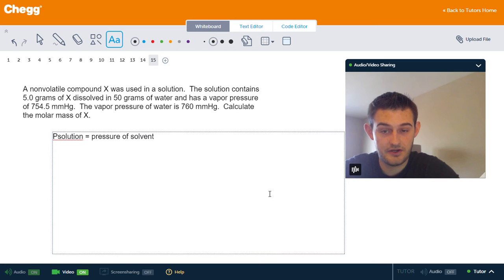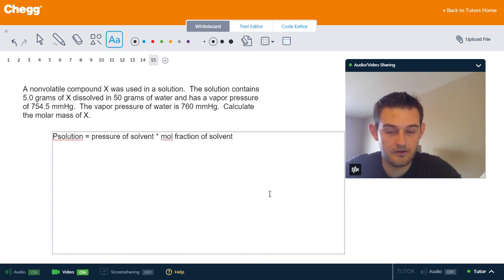So that would be the 760 millimeters of mercury, multiplied by the mole fraction of the solvent. Okay, because the solvent, the water in this case, is the only volatile substance we have in this reaction. Okay, so from the problem here, we know that our P solution, or our pressure from the solution, is 754.5 millimeters of mercury, and that is equal to the pressure of the solvent, which is 760 millimeters of mercury,